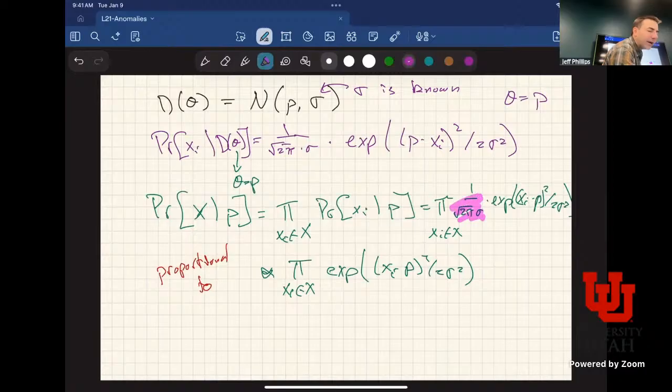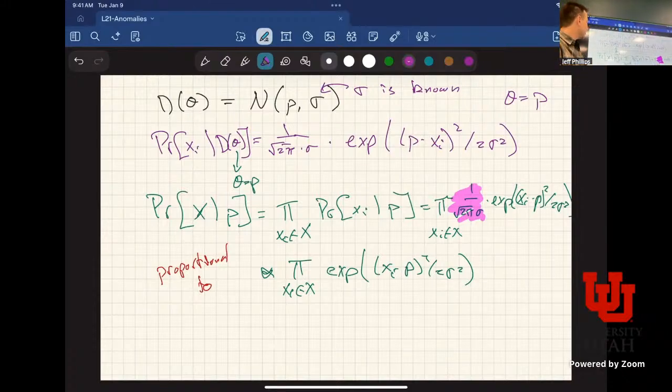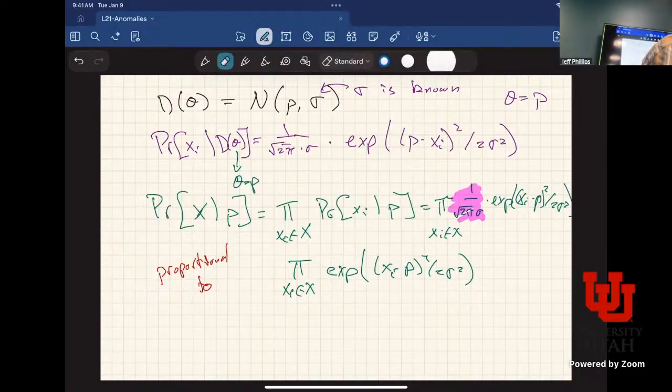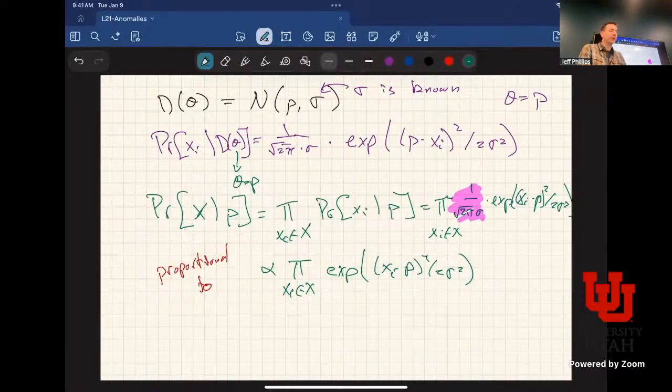This term here got dropped because it's the same no matter the choice of the parameter p or what's in the data, X. It just depends on the number of pieces in the data. So I can say this is proportional to this, and I would often call this term the likelihood